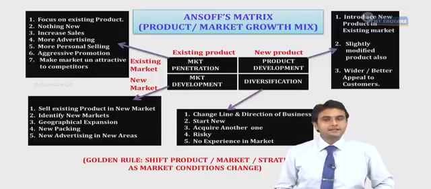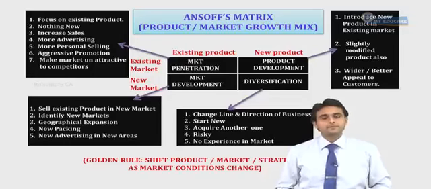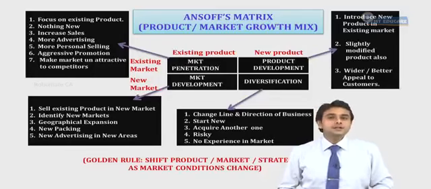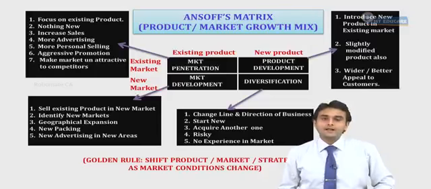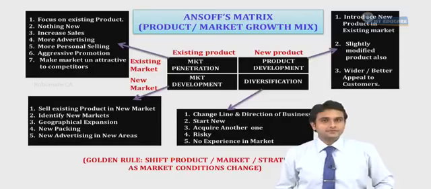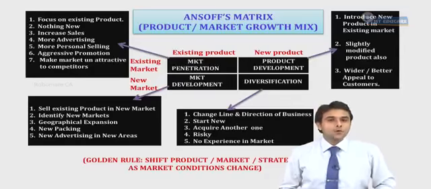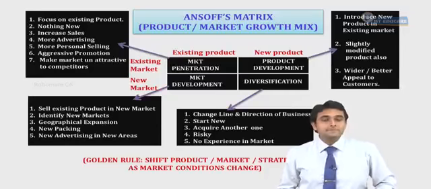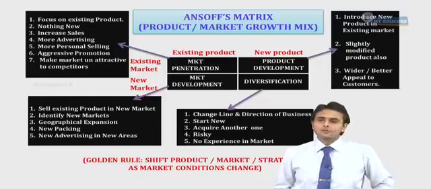And the fourth point in this matrix is called diversification, where I sell a totally new product in a market where I was not present earlier. Now the I here or the we here refers to business. So the business will come up with a totally new product and will sell it in a market where it was not prevalent or present earlier. And one key example that we can take here is Mek Aloo Tikki and Mek Veggie, because McDonald's arguably doesn't